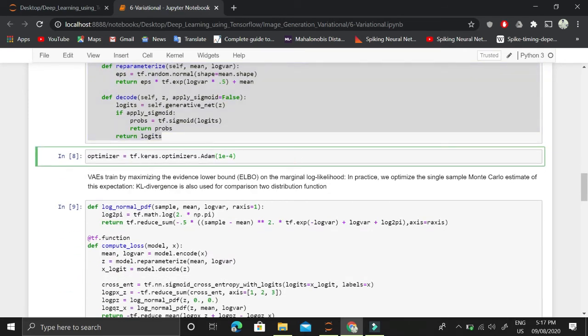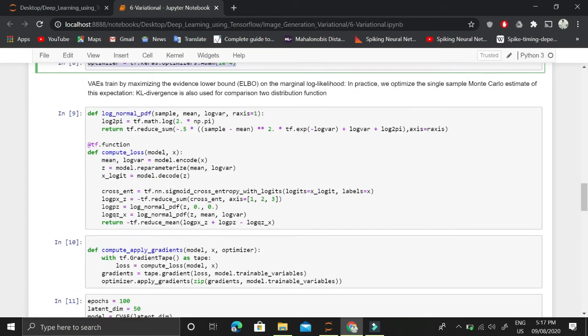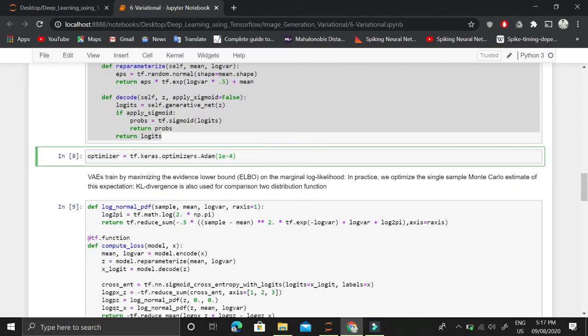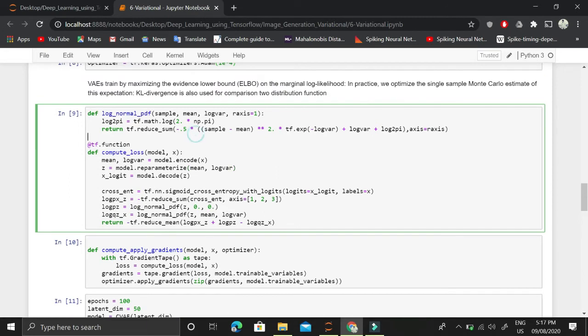Once we have done that, we will use the Adam optimizer, and there are two things that we will be adding more. One is the log normal probability distribution function. We know the formula for the log normal probability distribution function, and we'll be using this formula for finding the output probabilities or values given this mean and log variance. This is important. This is kind of the actual values, or we could say in a way that these are the actual values, and this is the B part that I explained on the whiteboard.